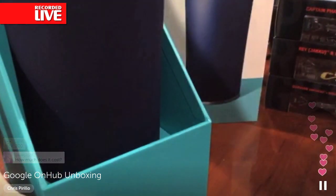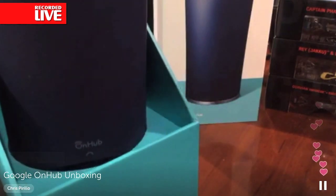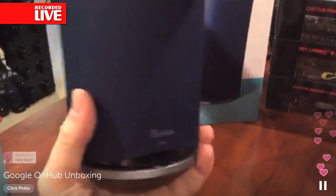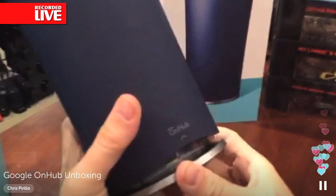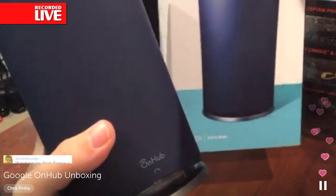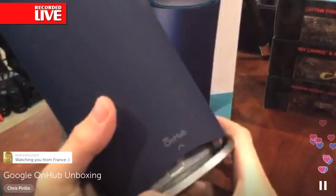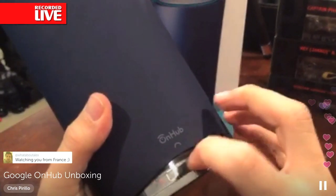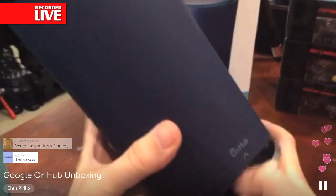Why are you renting to Google? You're not really renting to Google. I guess this is your device. Of course, you've got to remember, Google really doesn't do a lot of consumer electronics products directly to users. That's why this is both Google's and its partner company that made the OnHub. Right there we have OnHub, and inside there's a piece of plastic that would, on the other side, if I